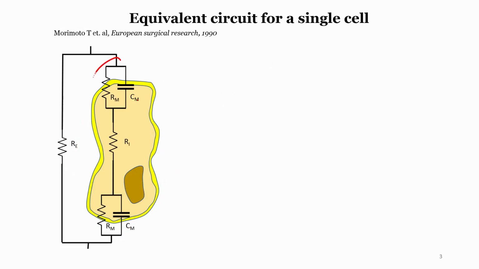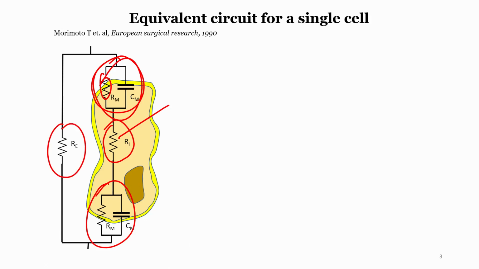So, the cell membrane is a parallel combination of a resistor and capacitor, the Cm and Rm, membrane capacitance and membrane resistance. You understood why this resistance is coming, right? And then the intracellular space consists of Ri, the intracellular resistance, and you understood why it is modeled as only a resistance. You understood why there are two pairs of resistor capacitor parallel combinations for the membrane, and you understood what the extracellular matrix is and why it is modeled as a resistor, right.